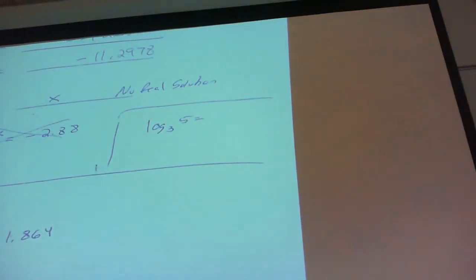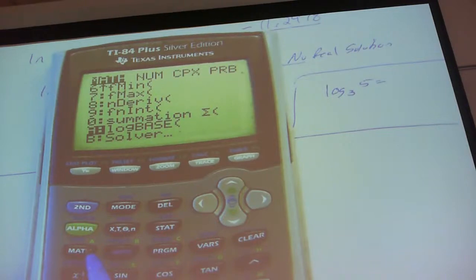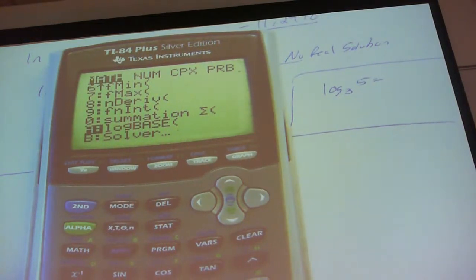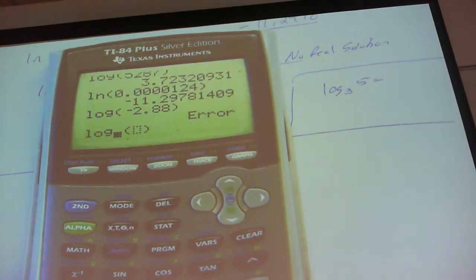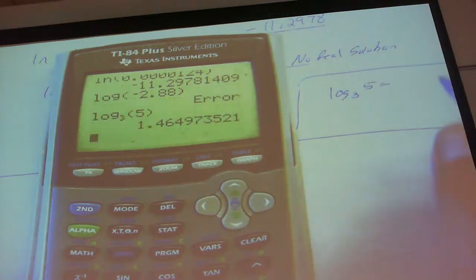Depending on your calculator, if you want to practice, go to the math button and go down to A. Not all calculators will have it, but yours may. If you have math down to A and you choose log base, it will allow you to put a base of 3 and a number of 5 inside, and you can figure that out and get